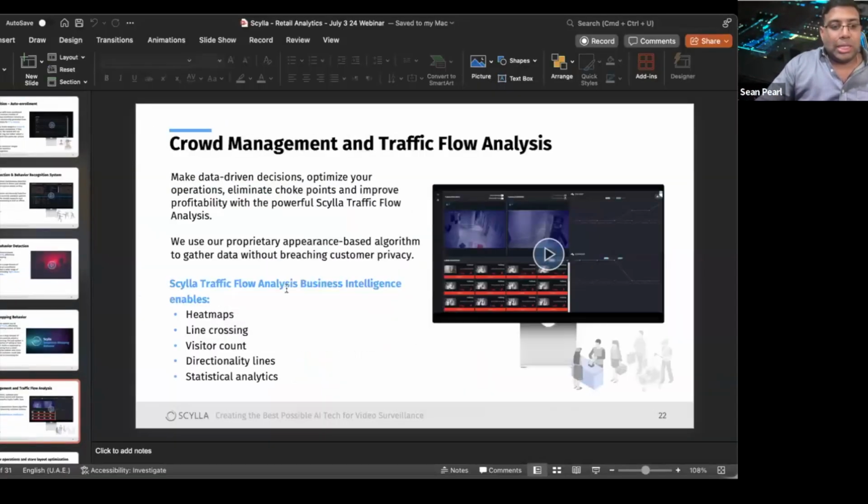Right. So that's that. Then we've got various retail analytics that we can also cover with a module called traffic flow. Now, the traffic flow is actually a single module, but it can give you various different statistics. You can have people counts, heat maps, crowd detection, dwell time analysis. You can identify your peak hours. Okay, peak hours was more the face recognition, but take a quick look at this.